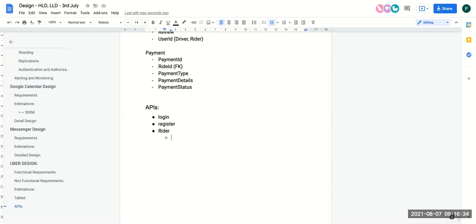What are the rider related APIs? Book ride is the first one. What else? Show driver ETA. So book ride is the first one, then get driver's ETA. What else do we need? Ride history, track ride, real-time fetch location, fetch ride history. Now basically what happens once we book the ride, after that,